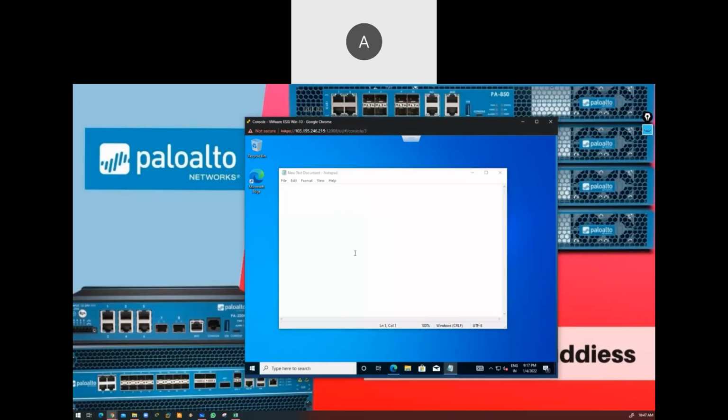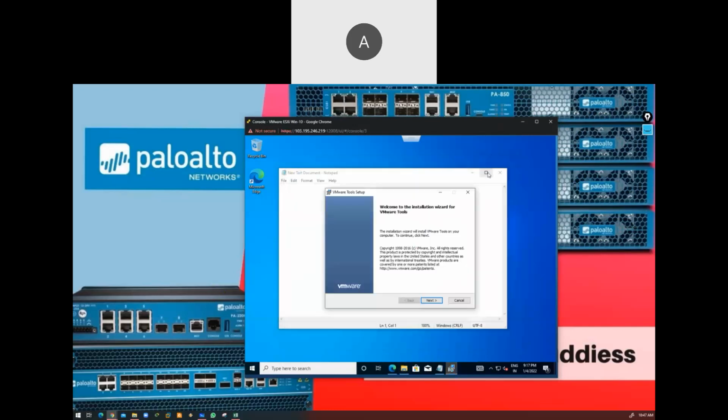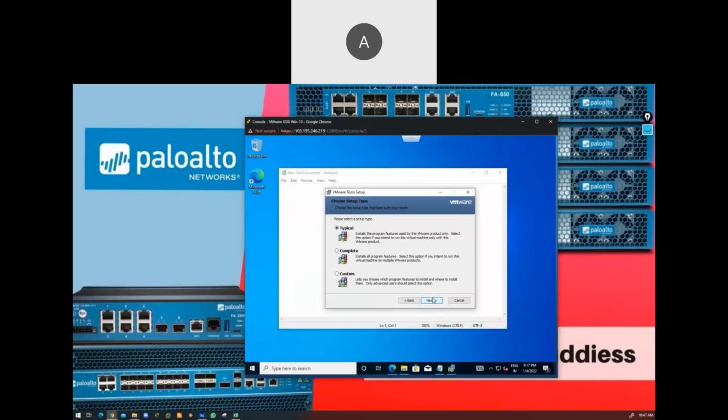Okay, let me see if we are getting this option. We're still not getting it. Let's wait for a minute. It is still going on. Go to the next, typical install.